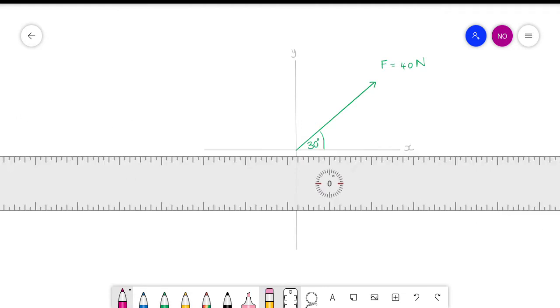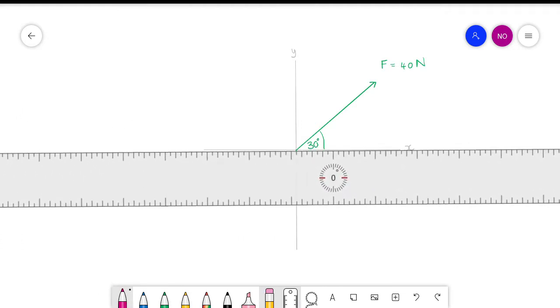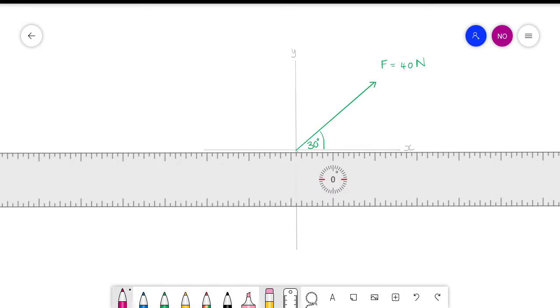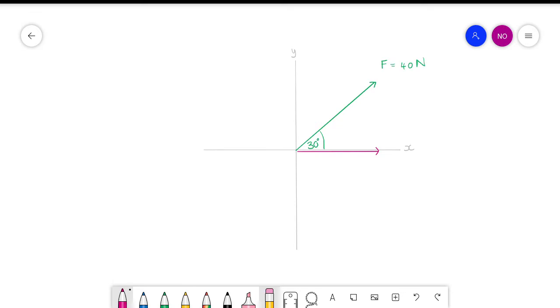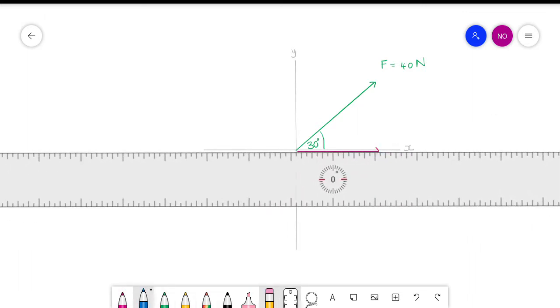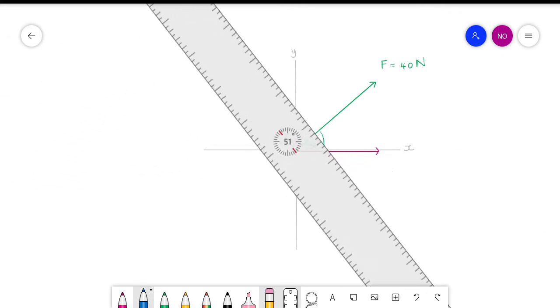Hy gaan so lê. Verbeel julle hy's bo op die as. Does that make sense? Daai komponent, as jy nou dink dis iemand wat iets trek, né? Iemand wat iets trek teen 'n 30 grade hoek, na watse kant toe gaan hy gaan? Hy gaan na regs beweeg, soos wat hy lê. Okay? Now if we're looking at the y-axis, do you think the y component will be pointing upwards or downwards? Upwards. Okay? Dit is die eerste ding waarna ons moet kyk, is dat jy moet verstaan